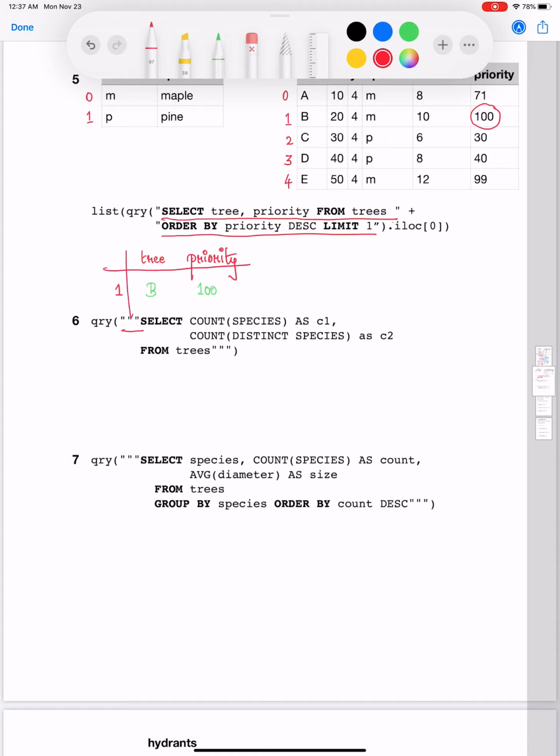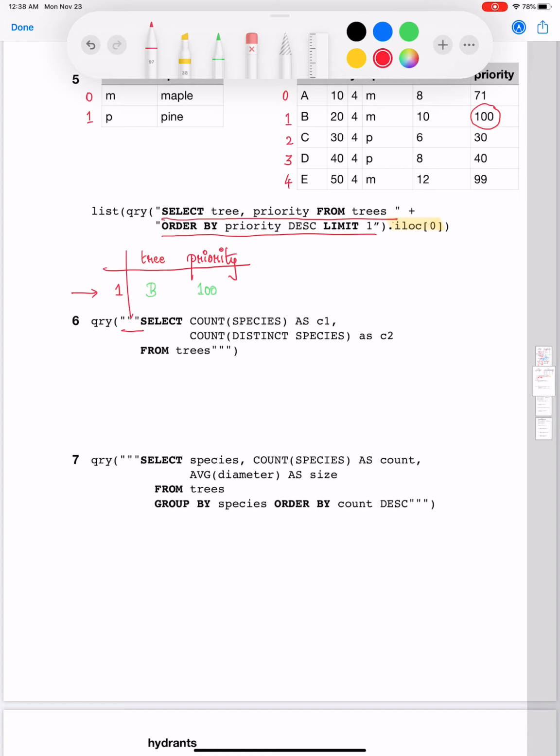What are we doing next? We are saying dot iloc of 0. Recall that iloc stands for integer position location. Unlike indices which are retained from the original data frame when you get a subset of it, the integer positions start over. So for this row over here, your integer position is going to be 0. So when we say dot iloc of 0, we are talking about this particular row over here.